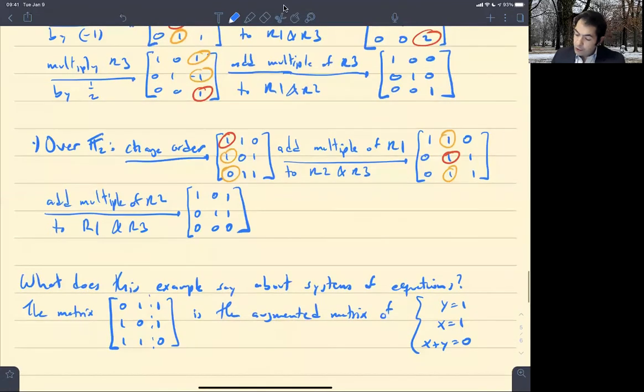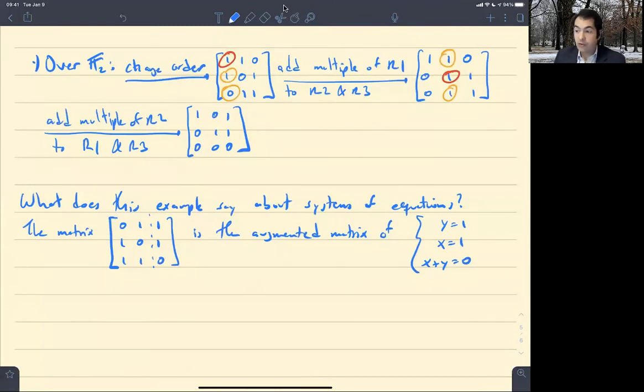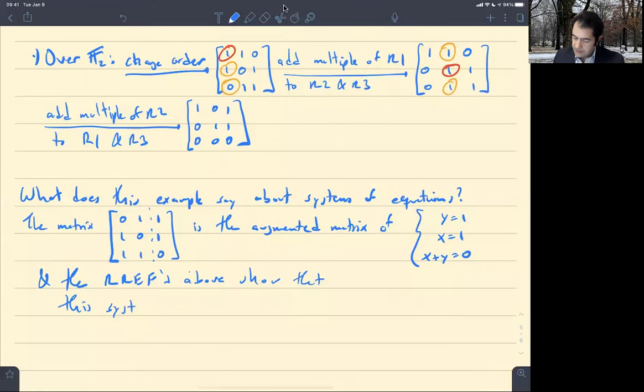And the reduced row echelon form we ended with over the real numbers has a pivot in the last column, right? So we know that means the system is inconsistent. The system does not have solutions. So the RREF above shows that this system does not have solutions when you're working over the real numbers,